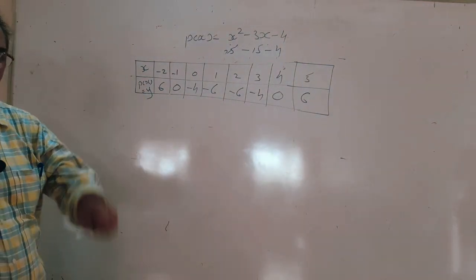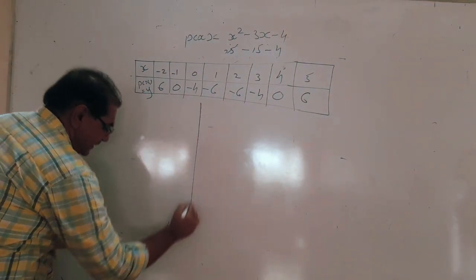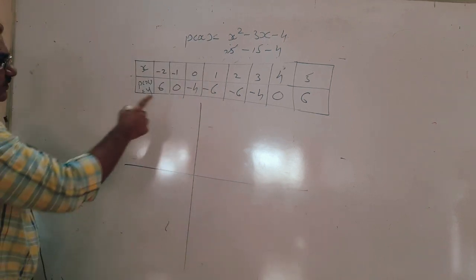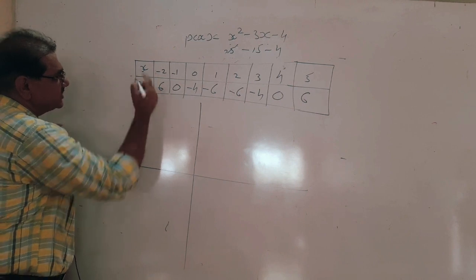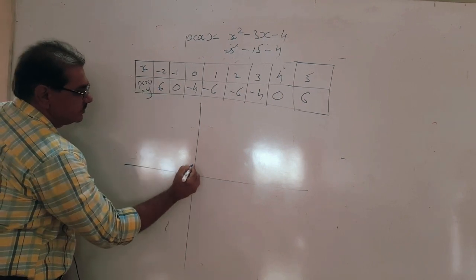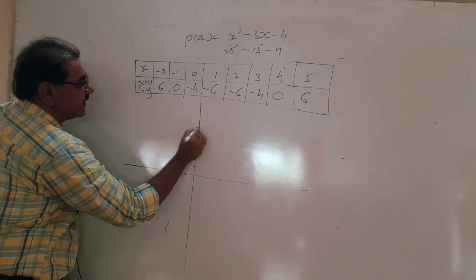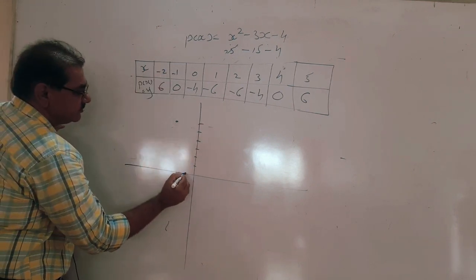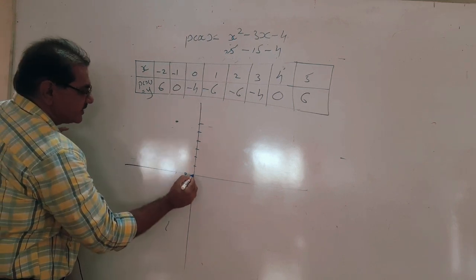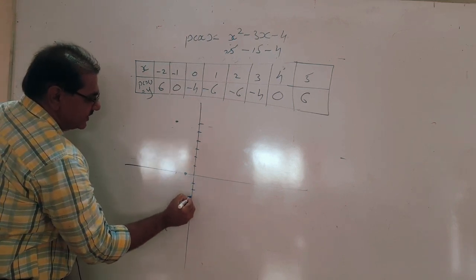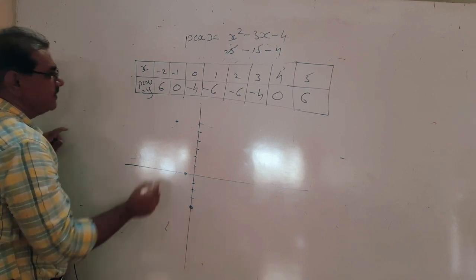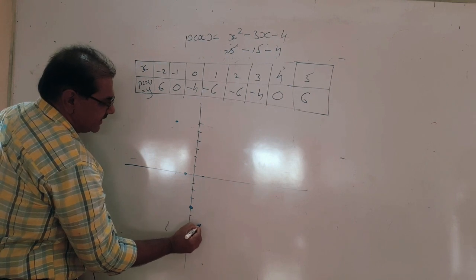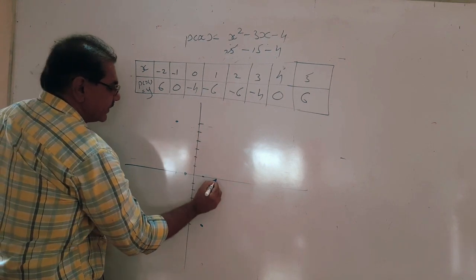Now I want to plot them on the graph paper. I go roughly only, and later on I will show you some pictures. So first of all, minus 2, minus 1, minus 2, here 1, 2, 3, 4, 5, 6. So somewhere here. Minus 1, 0. It is here. 0, minus 4. It is 0, minus 1, minus 2, minus 3, minus 4. It is here. 1, minus 6. It is plus 1, it is 5, 6 minus. It is here. 2, again minus 6.